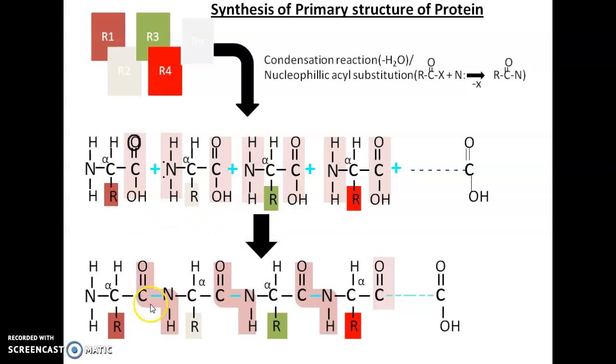This ultimately leads to the formation of the peptide bond, and the backbone of the polypeptide chain